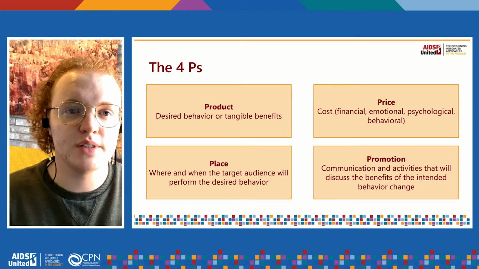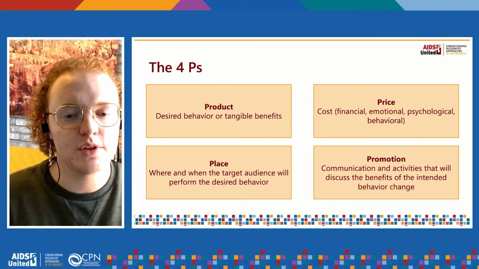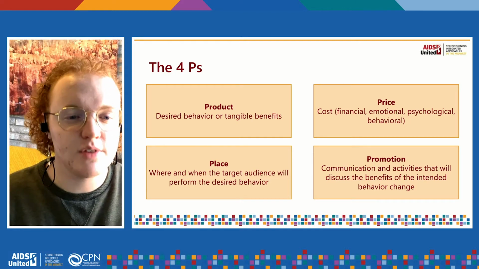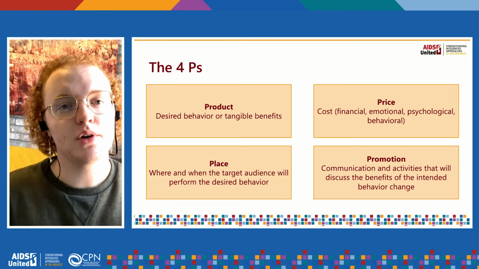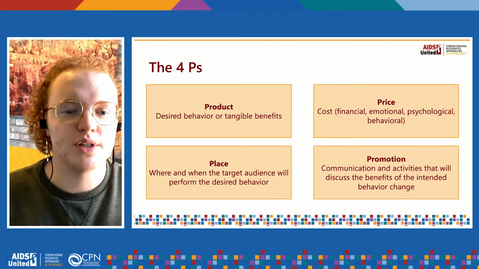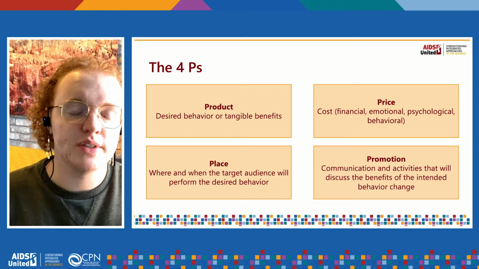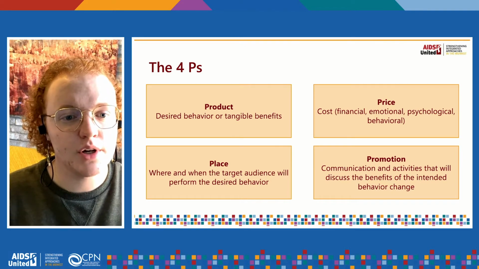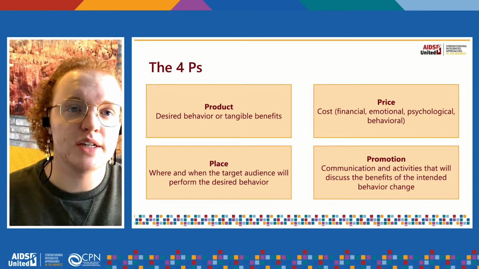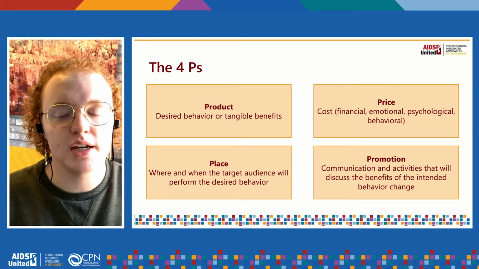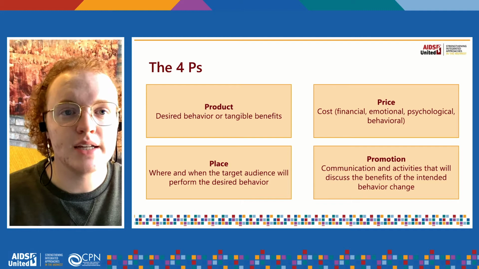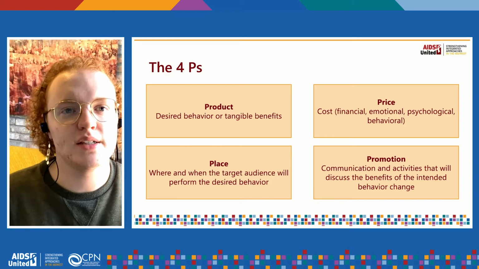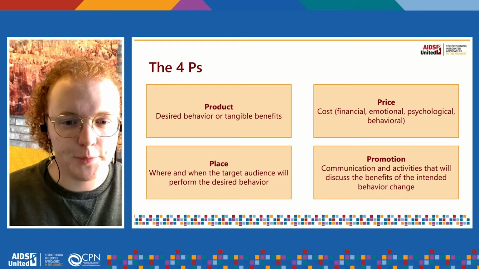The second P is price, or rather the cost of your product. So while the condoms themselves are free for participants for the most part, there is still a cost that is associated with things like behavior change, and now that we think about COVID, a cost when we think about risk factors. So this doesn't have to be just monetary, it can also be emotional labor. So things that we talked about on the acceptability panel, negotiating social expectations and stigma and reactions can all be part of the price that we consider in this model.